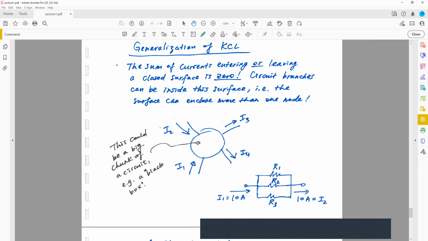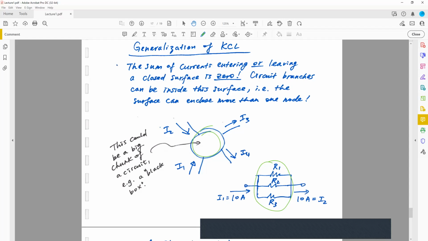This is illustrated with this example here. Suppose inside this circle consists of 3 resistors in parallel. When I inject some current I1 into this circle, let's say 10 amp, the same 10 amp has to flow out, appearing as I2. But of course, internally,